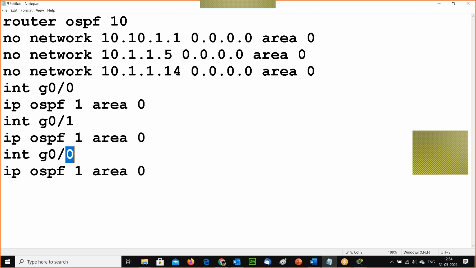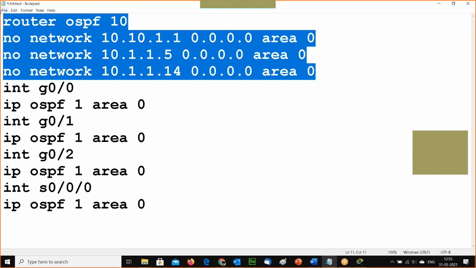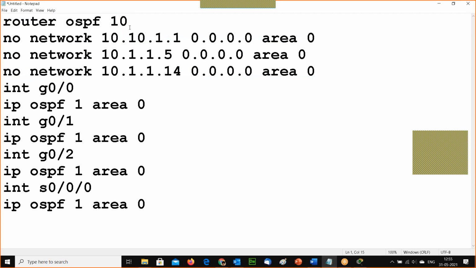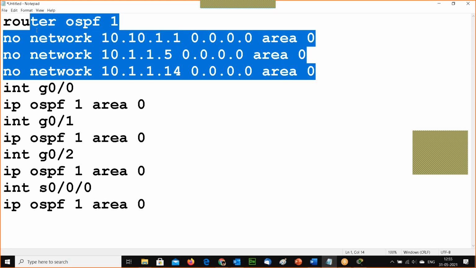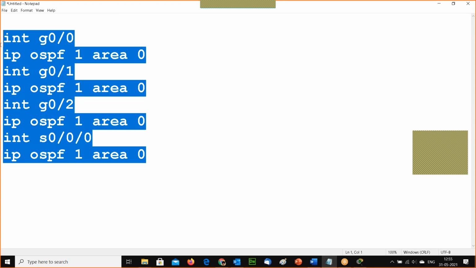If I want them to be part of that, that's the additional configuration. Not required, but if you still want to do some modifications, you can go and do the configuration accordingly.